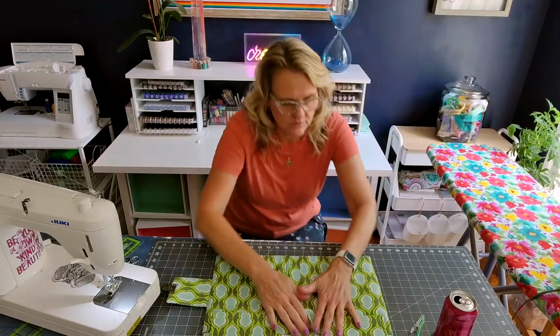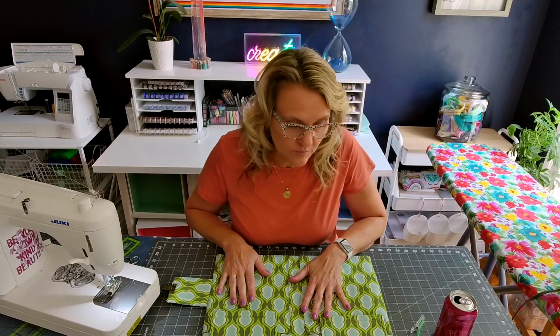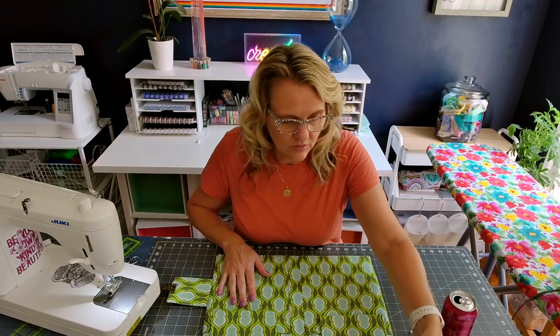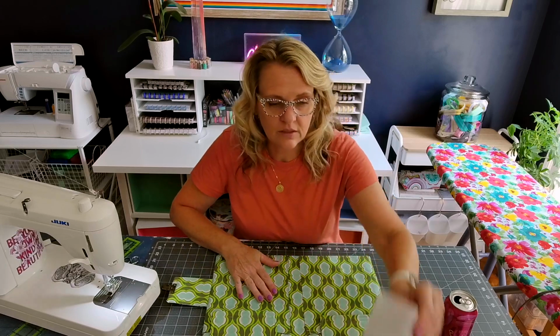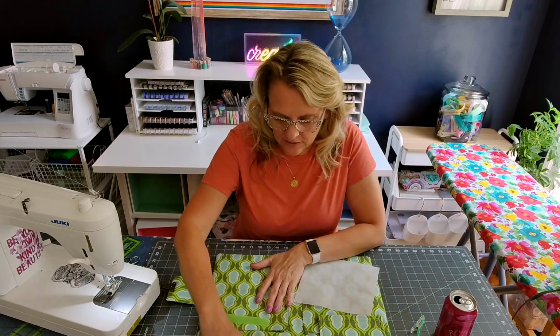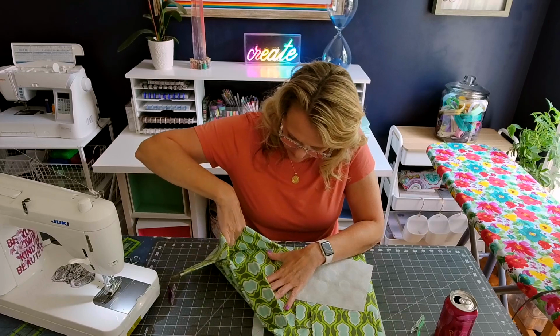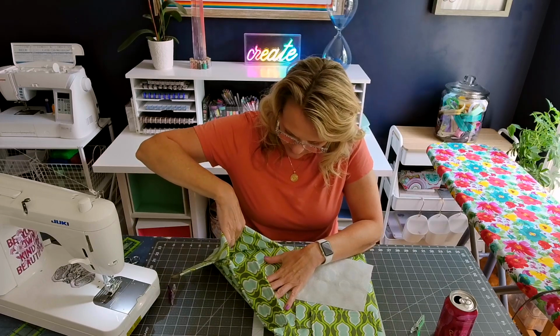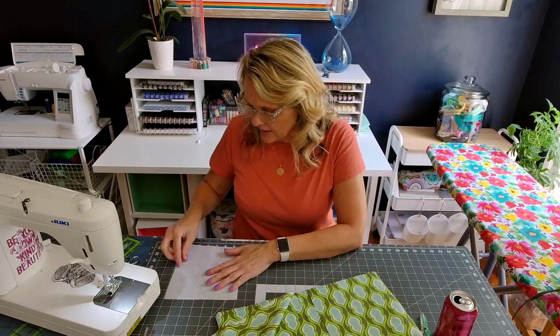All right, so now everything is pressed again. Now that I have the press lock in place, I am ready to repair the little hole that I put in this pocket. So on the right hand side, I'm going to open that up so that I can see where that little hole is, and then I'm going to cut a